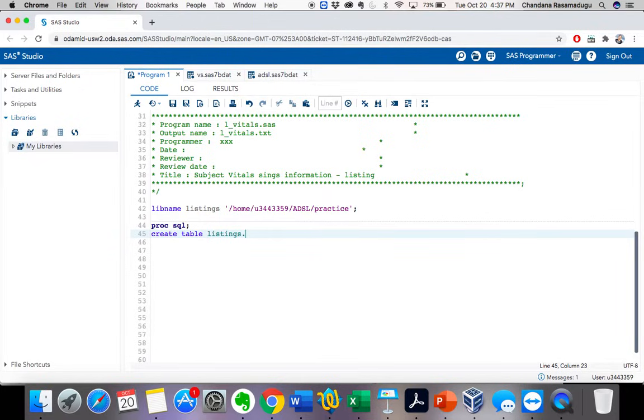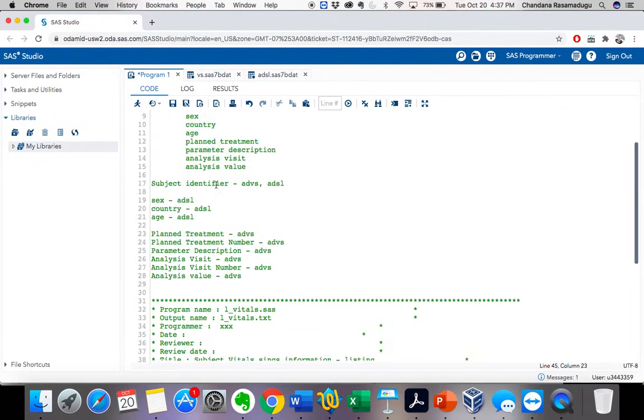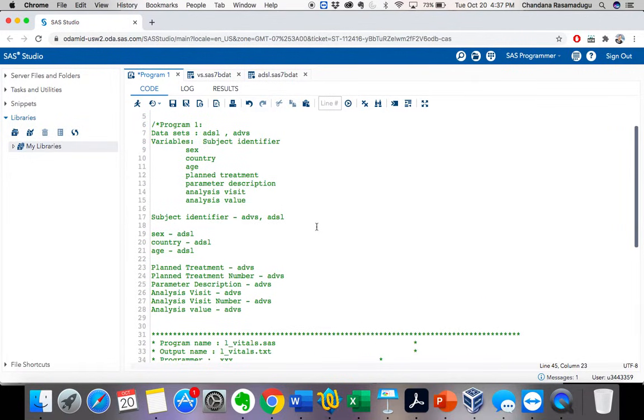Now let's give a name to my data set. Here I'm combining the ADVS and ADSL data sets to create a data set with these variables, the common variables required to create my end report.